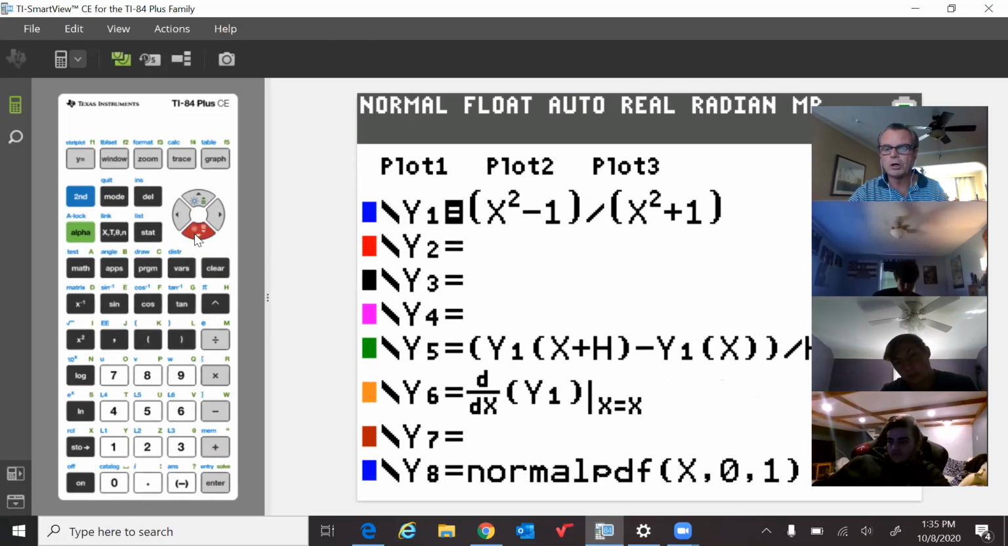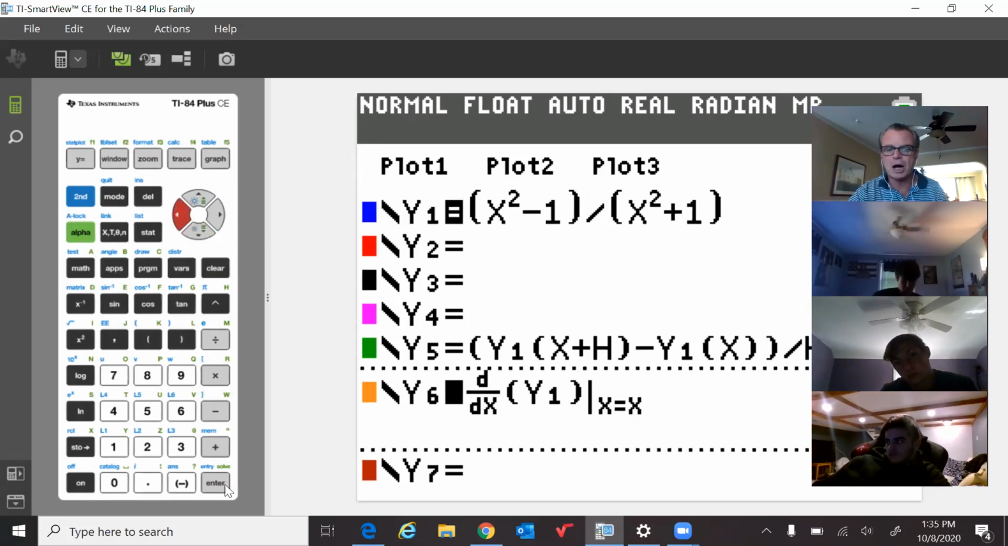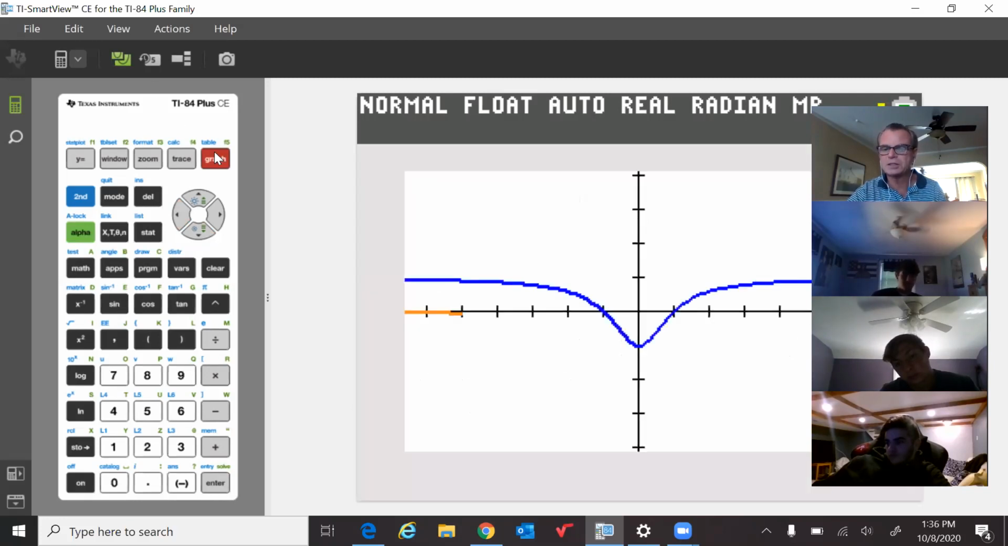When I get out of here and I turn on the derivative, because I'm going to use this to match up after we do the work analytically. Push graph. Does this make sense? I think so, because look what happens. In quadrant 2,